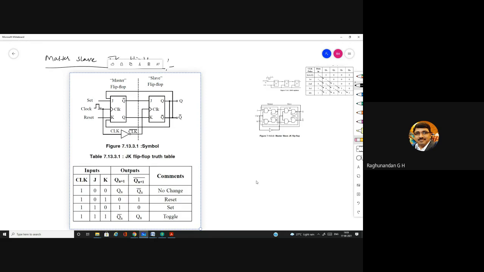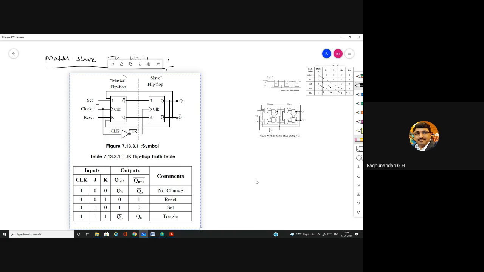And the clock pulse is given to this, and the same clock pulse is taken out, passed through the NOT gate, and given as input to the second JK flip-flop, which is the slave. We call this JK flip-flop the slave and this JK flip-flop the master. So whatever clock we give here, the same clock is given there, but the inverted version. Inverted in the sense that if it goes to the rising edge here, it goes to the falling edge there. That is how it is going to work.